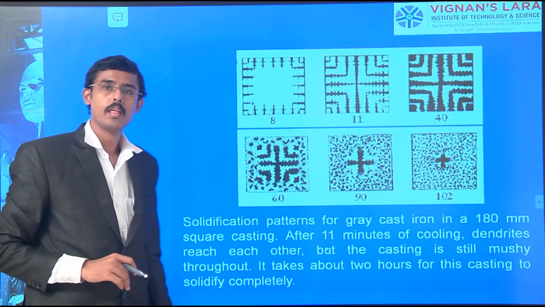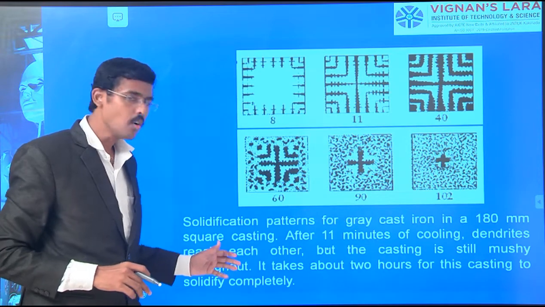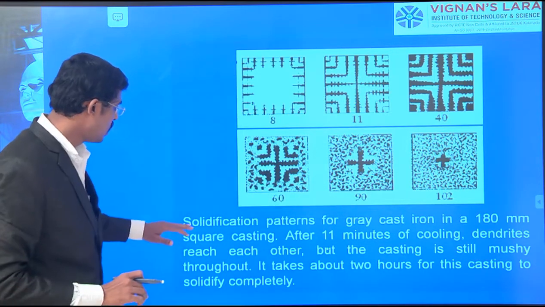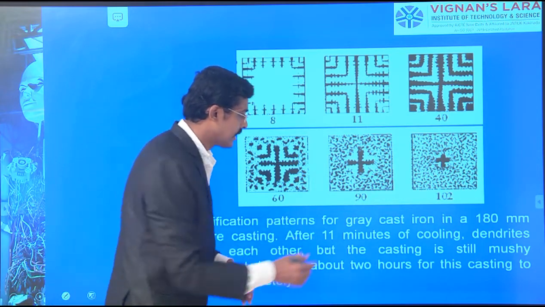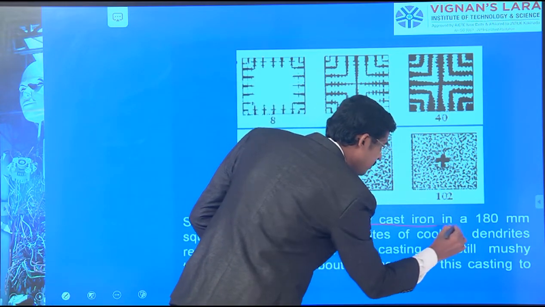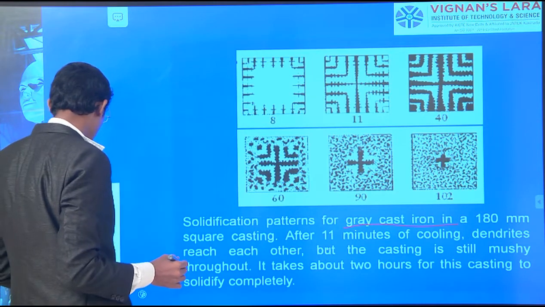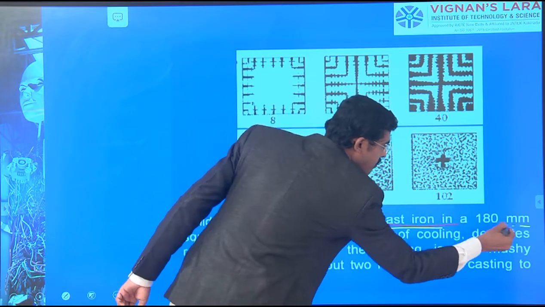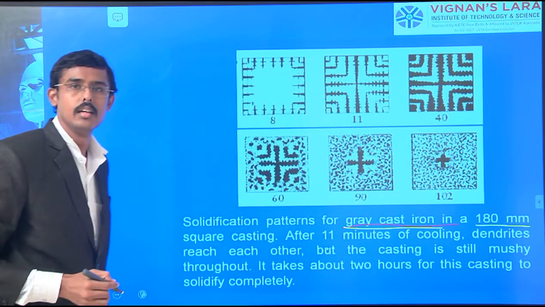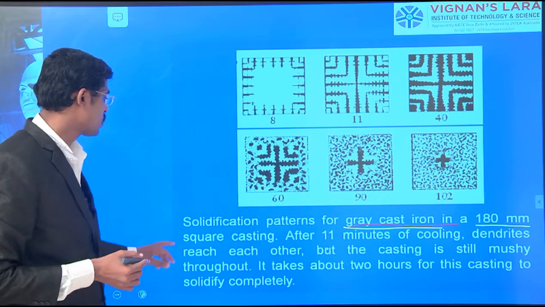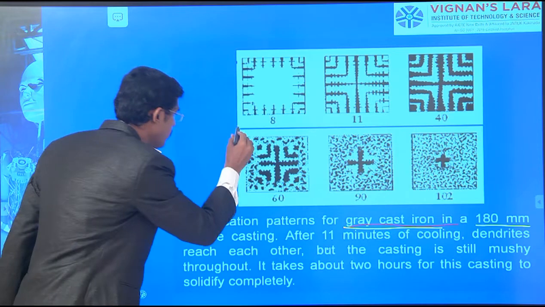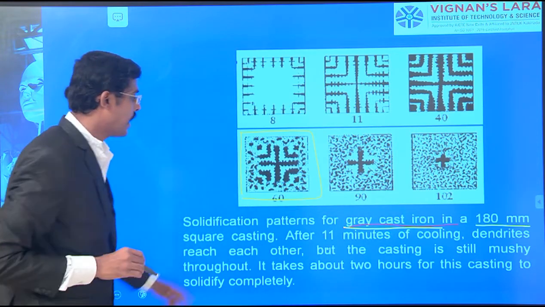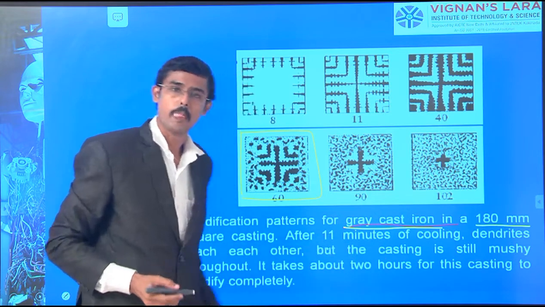I want to tell you how much time this process takes. I have taken the solidification pattern of grey cast iron here. In the solidification process of grey cast iron, a 180 mm square casting is considered, and after 11 minutes of time,